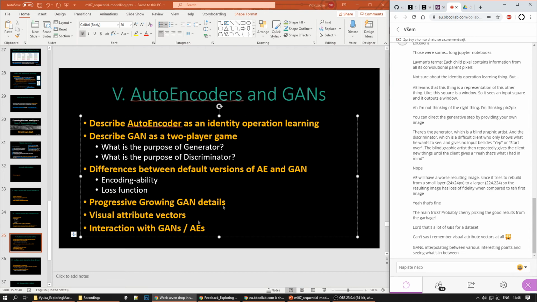And with autoencoders, there is one additional bit where you can encode real samples. So you can,